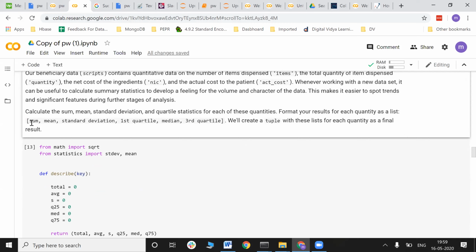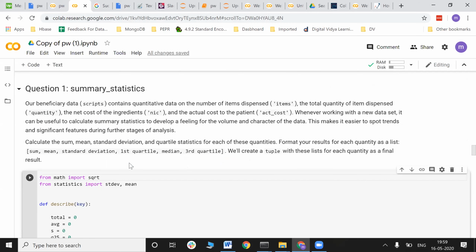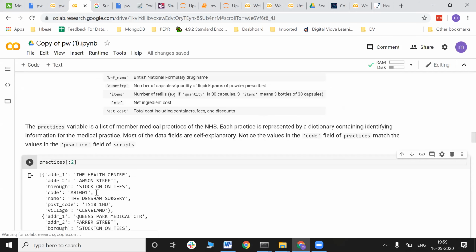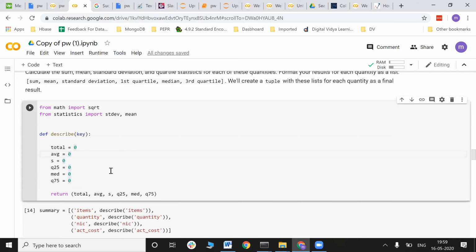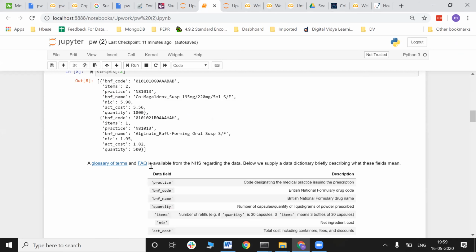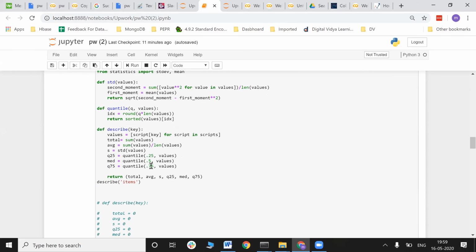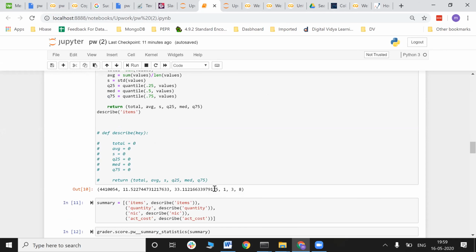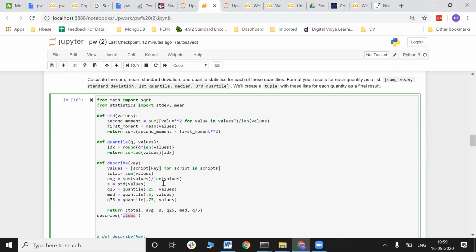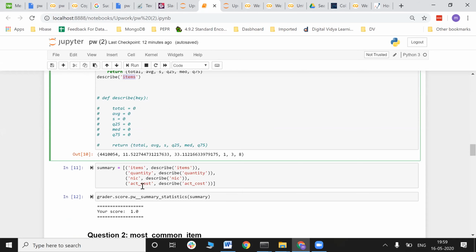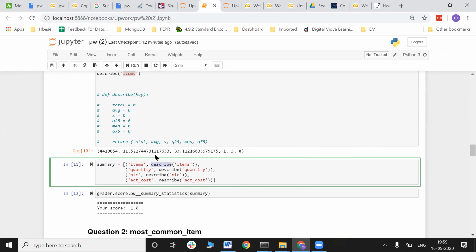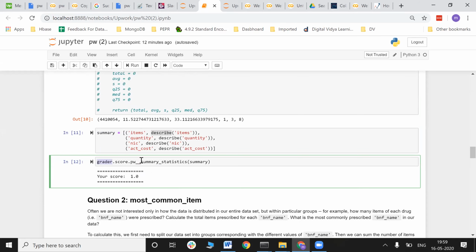Okay, so you are supposed to get the sum, mean, standard deviation of the particular data. Let me just try to see which data it is talking about. Is it this practices? Is it this data it is talking about? Yes. Let me check what exactly it is part of here. So which data it is passing out here. So this is perfect. Items is what it is giving me as an input, and summary is this. So I don't understand. Is it this data? Grader, no, is the data that is just the grader.